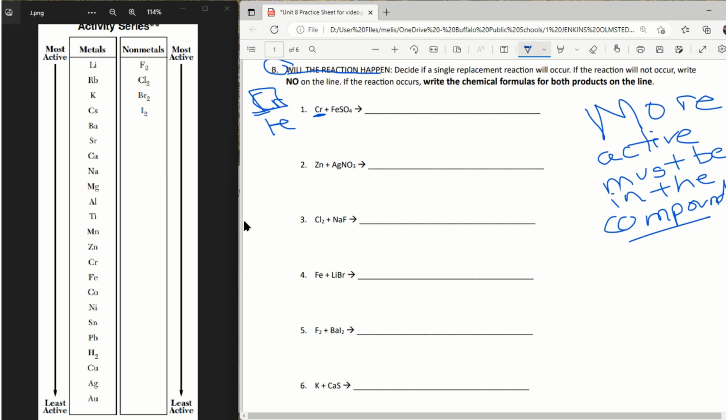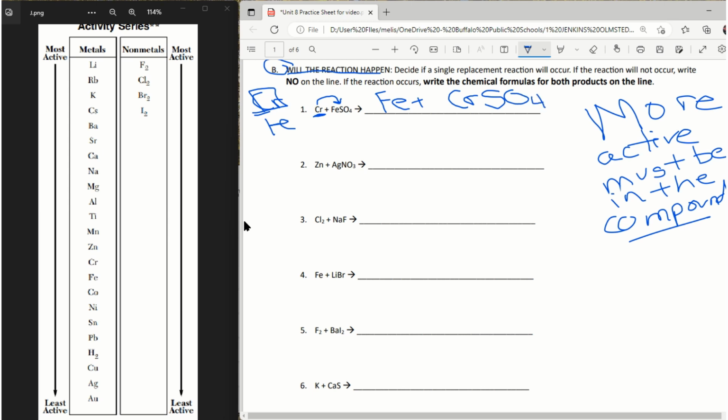No, it is not. Look, it is alone. So what will happen is they will swap places. Fe will come out and be alone, and Cr will take its place and form a compound with